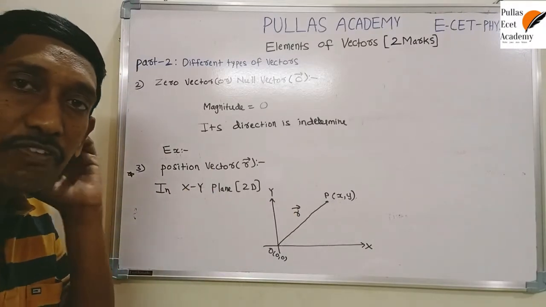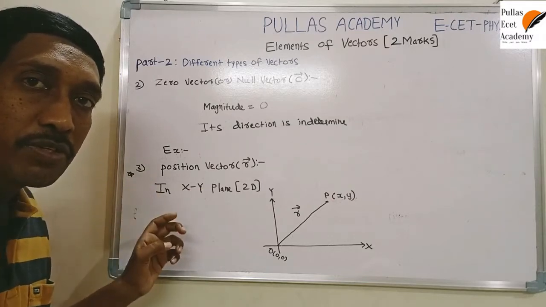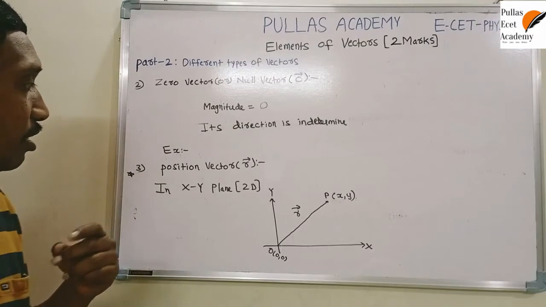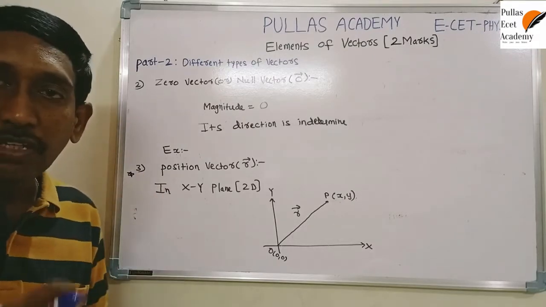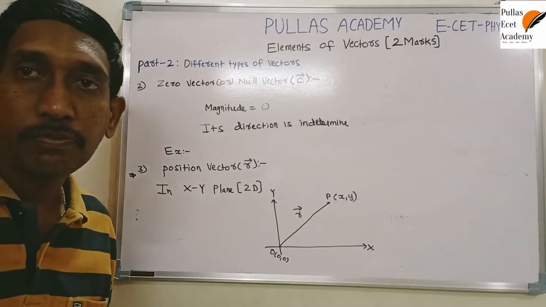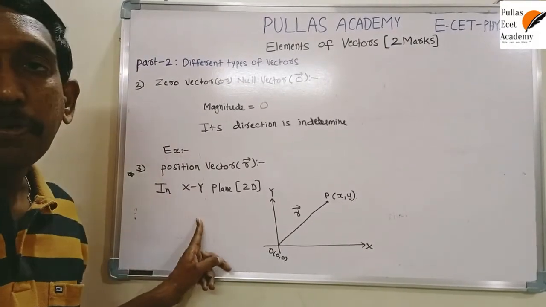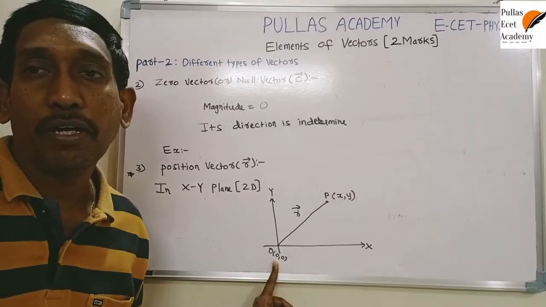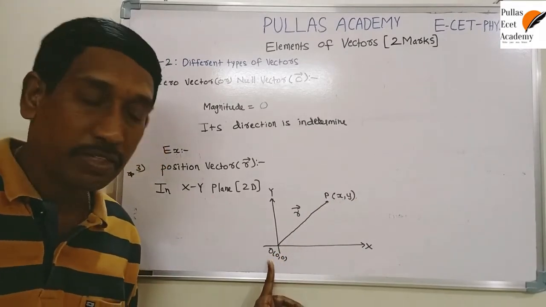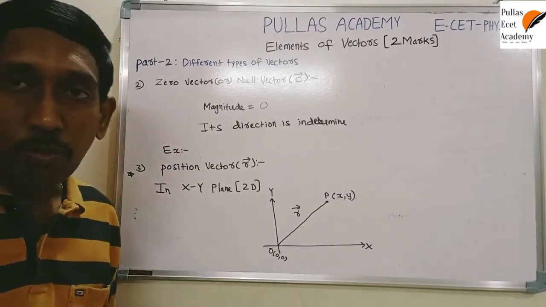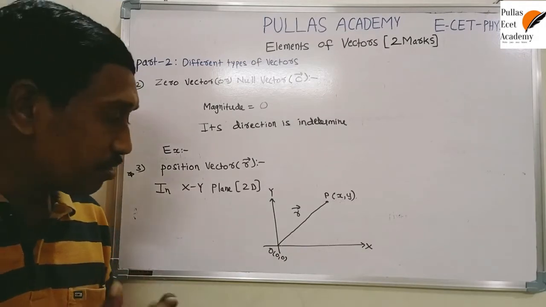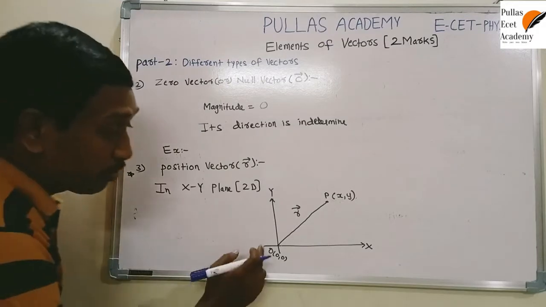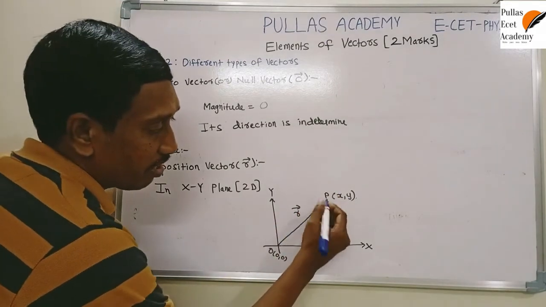So from this point you have to understand the position vector. How can we understand this position vector? A vector which represents the position of the given particle from the respected point or from the origin is called the position vector. What is the position of the particle with respect to a point is called the position vector. Clear? With respect to the origin, its position is here.